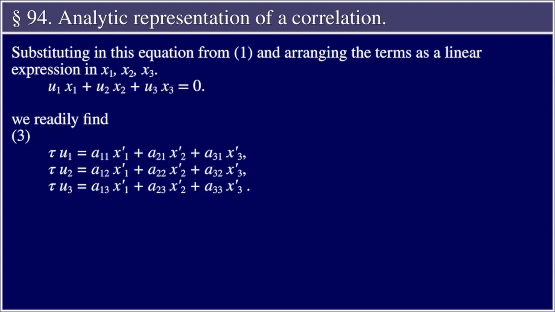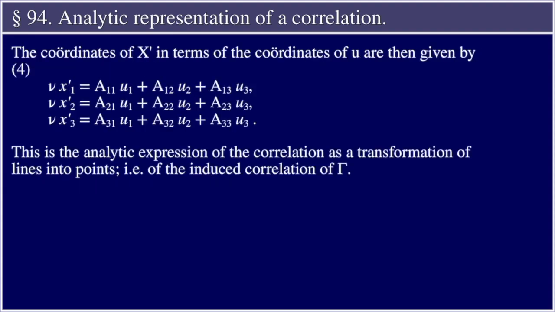we readily find equations 3: tau u1 equals a11 x1' plus a21 x2' plus a31 x3'. Tau u2 equals a12 x1' plus a22 x2' plus a32 x3'. Tau u3 equals a13 x1' plus a23 x2' plus a33 x3'. The coordinates of x' in terms of the coordinates of u are then given by equations 4,